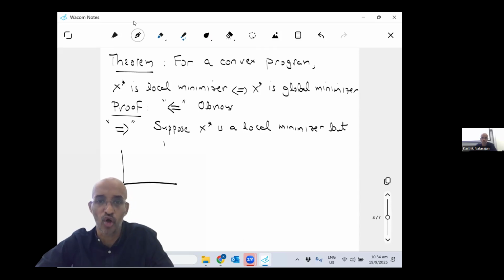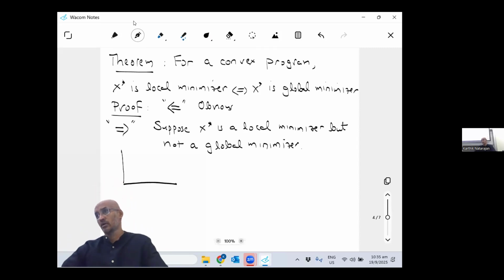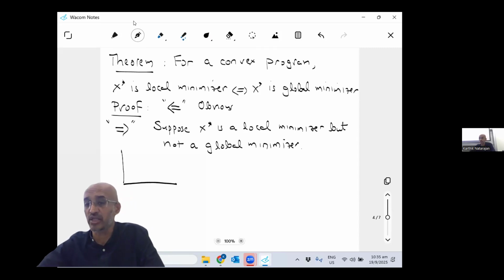Okay. But it is not a global minimizer. So I'm going to do proof by contradiction. I've got a local minimum, but it is not a global minimum. So that means there is some other point which is giving me a better objective function value. What does this mean? This implies